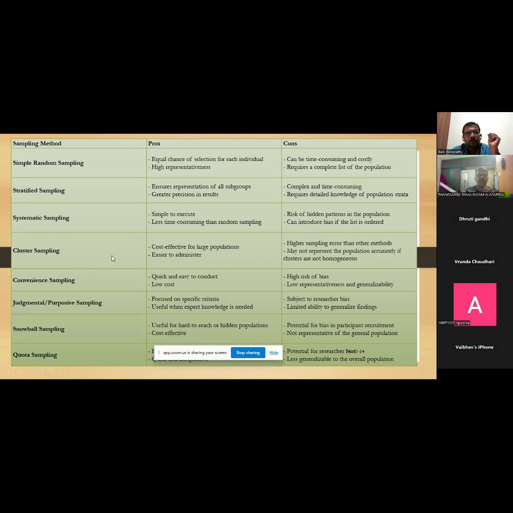Cluster sampling is cost effective for a large population and easier to administer. Cluster means a group of people in one particular area, all taken together. That is called a cluster. For example, we are doing a study in Surat. There are 8 to 12 zones of Surat Municipal Corporation or Ahmedabad Municipal Corporation, West Zone, East Zone, like that. For example, if they want to assess how malaria or cholera is present,